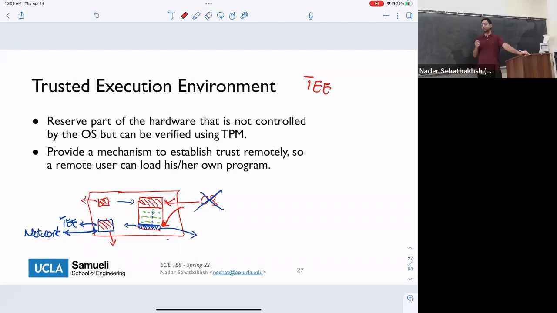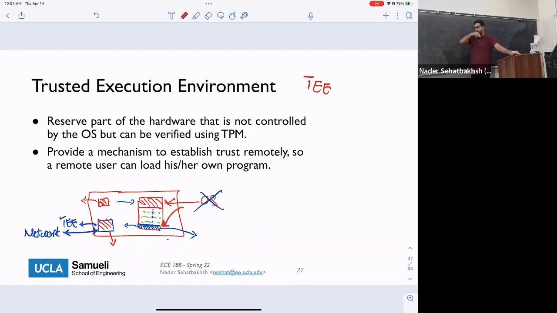I didn't exactly understand why we need the TEE as compared to the TPM. Because the TPM is not an interactive thing, it basically just gives you the secure boot sequence. Actually, when I describe the way that we're going to implement the TEE, you will see what the difference is. The timeline was that we started from the TPM and saw that the TPM is not enough, and that's why we added the TEE.